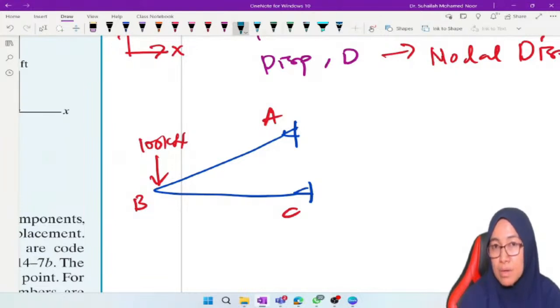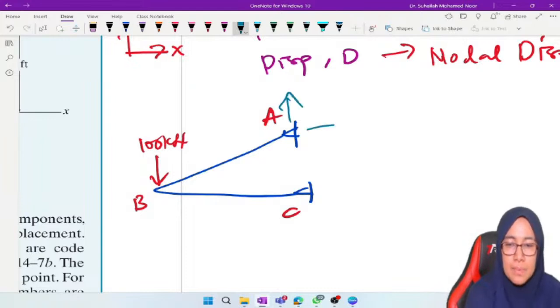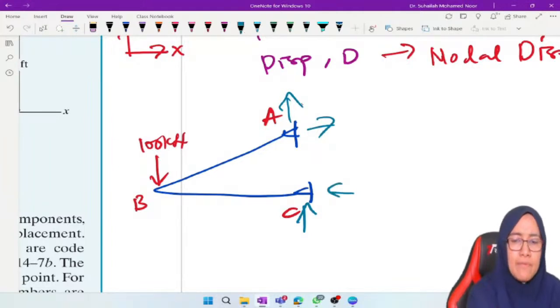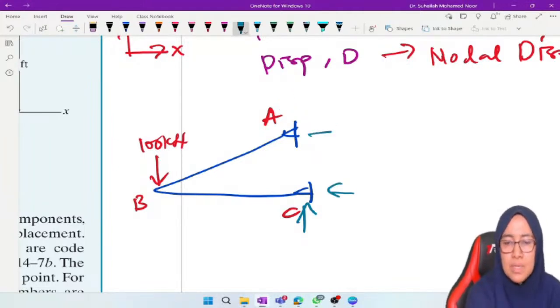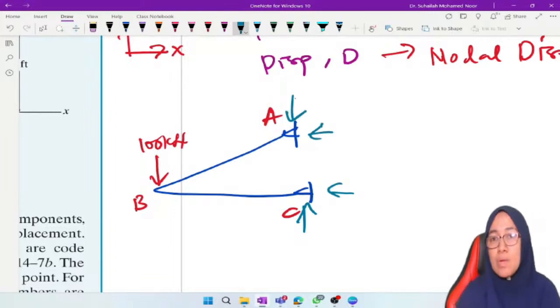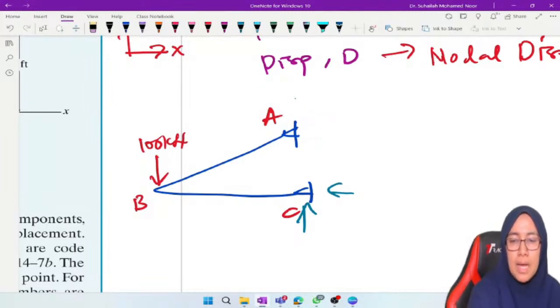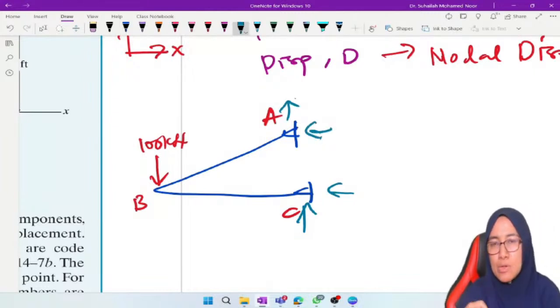We have two supports, support A and support C. Normally, we put the reactions like this. Whenever we analyze using the conventional way, we can put them in any direction that we like. You can put it like this, or the other way around, because it is based on assumption. But you cannot do that in the stiffness method, because the stiffness method has